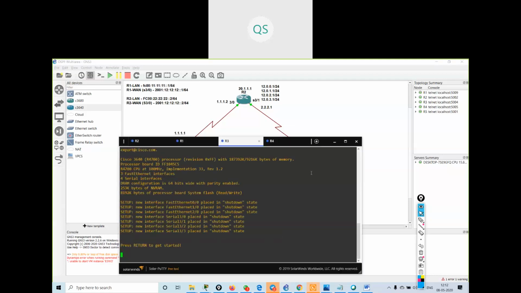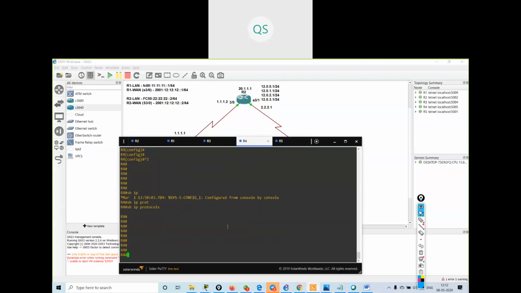Now I will go into interface FastEthernet 1/0 and say IPv6 address 2001:45:45:45::1/64. Okay, I have given this address.